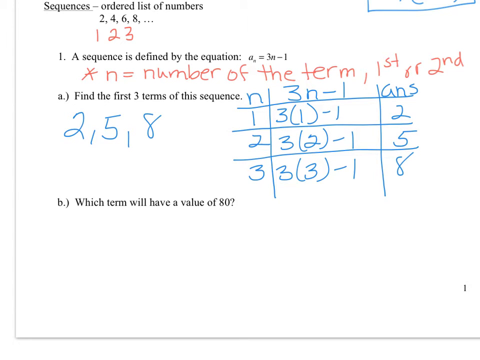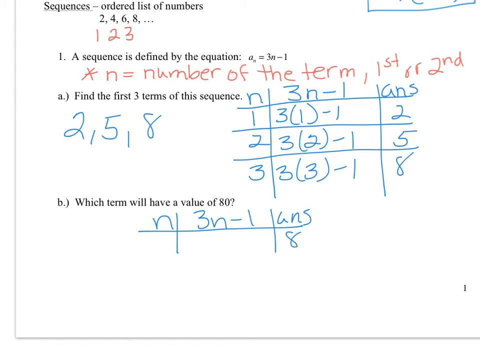Okay, so now, which term would have a value of 80? Which means I have an answer of 80. So I actually have an answer of 80. And I know that the formula is 3n minus 1. So if I set myself up this tiny little chart here,